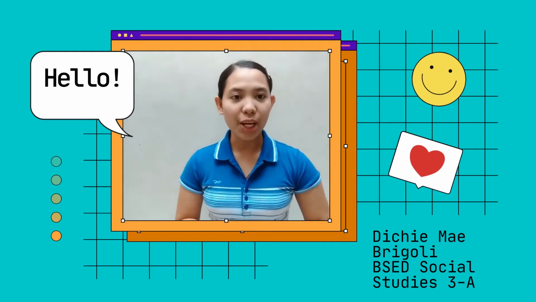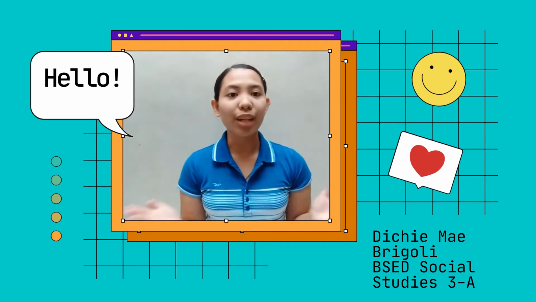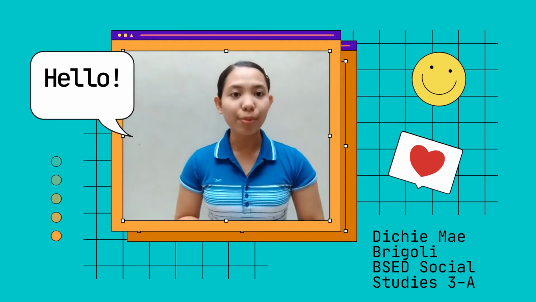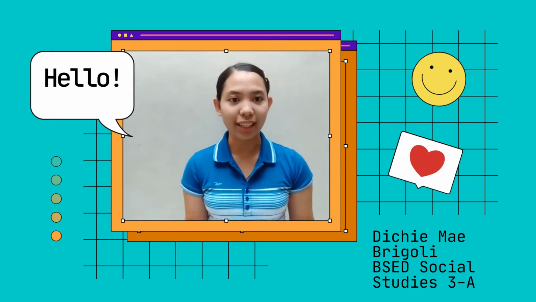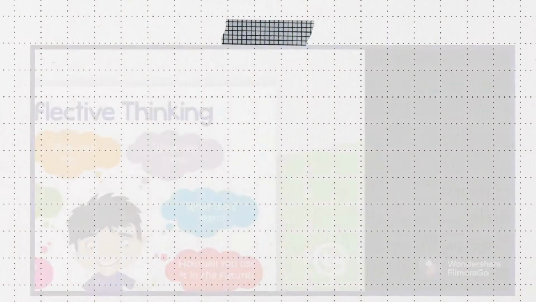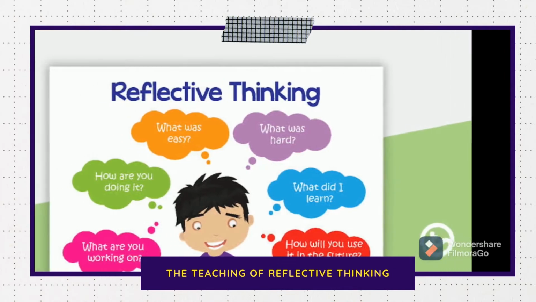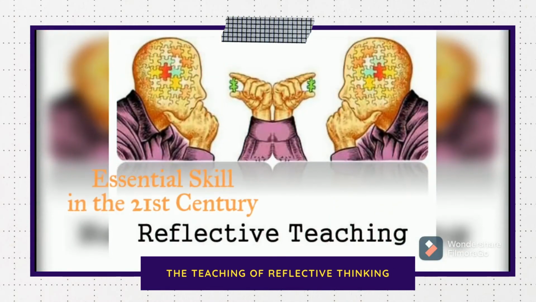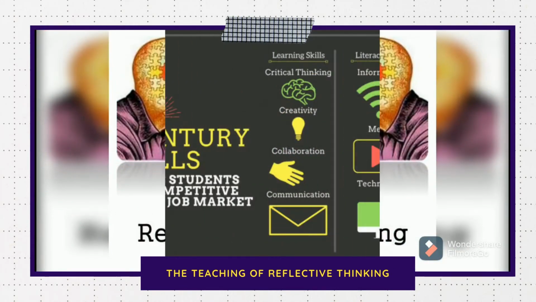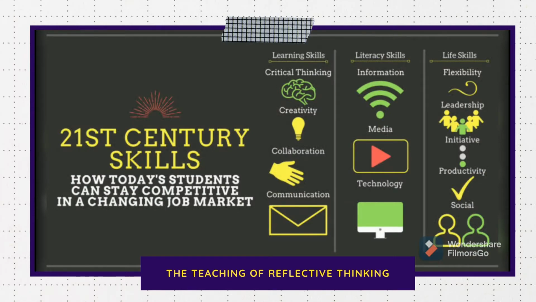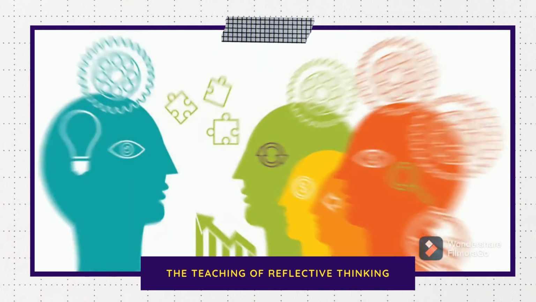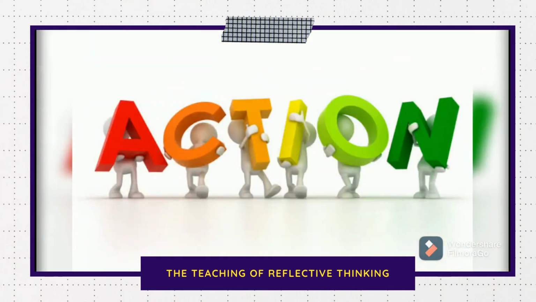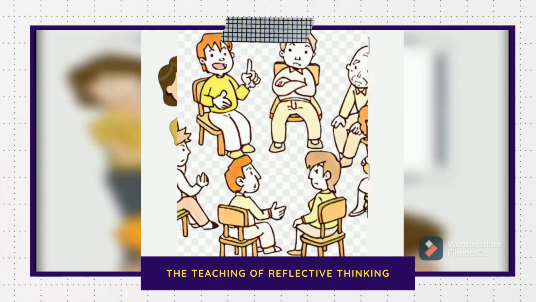Today, I will be sharing with you a teaching strategy that will advance the creation of a critical group of learners with greater reflective skills and a higher level of reflective practice. This is the teaching of reflective thinking. As we all know, reflective thinking is one of the essential skills that need to be developed in the 21st century. And teaching using reflections of insights, feelings, and action would be engaging and more meaningful using the 5 I's